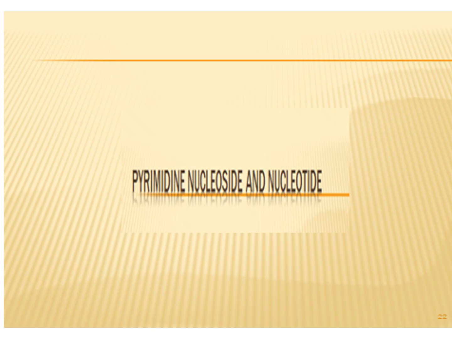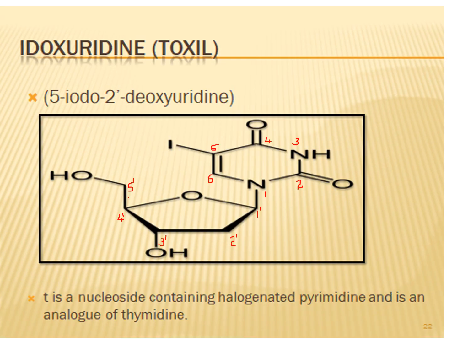Today we are going to discuss the second part of antiviral agents, that is pyrimidine nucleosides and nucleotides. First we will have a look at the structure of idoxuridine. Its trade name is Stoxil. Look at the structure. Its IUPAC name is